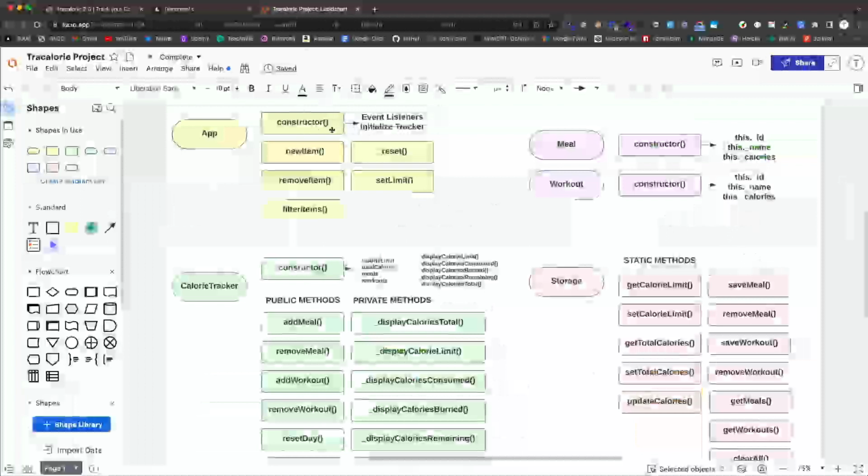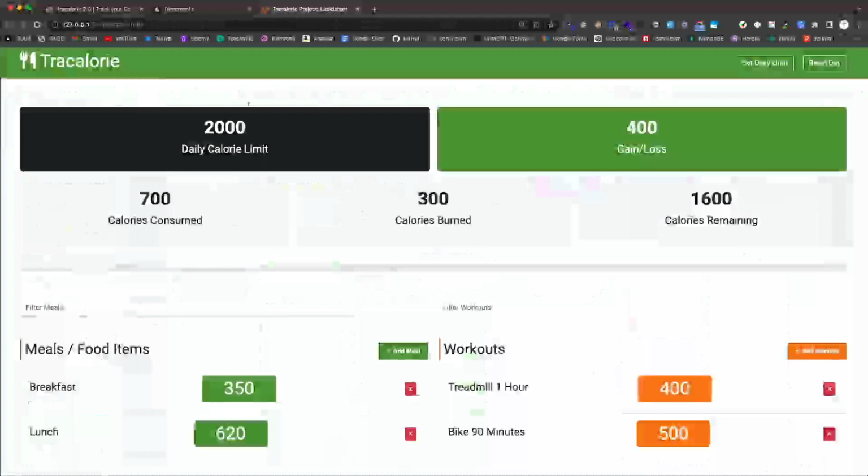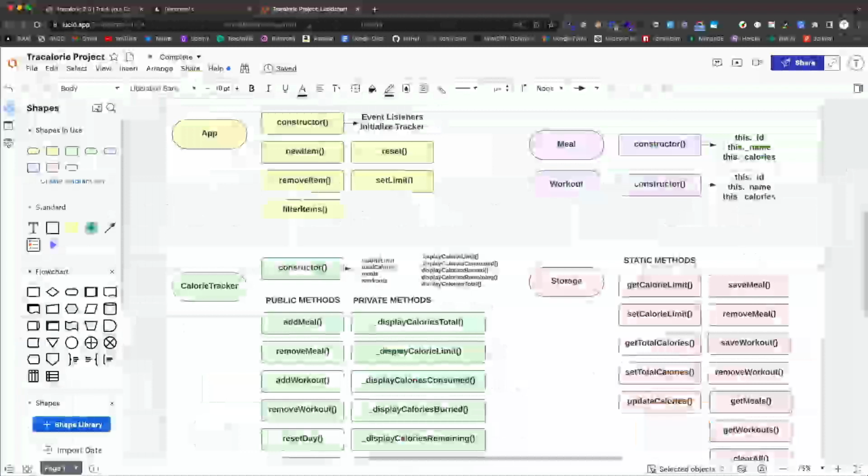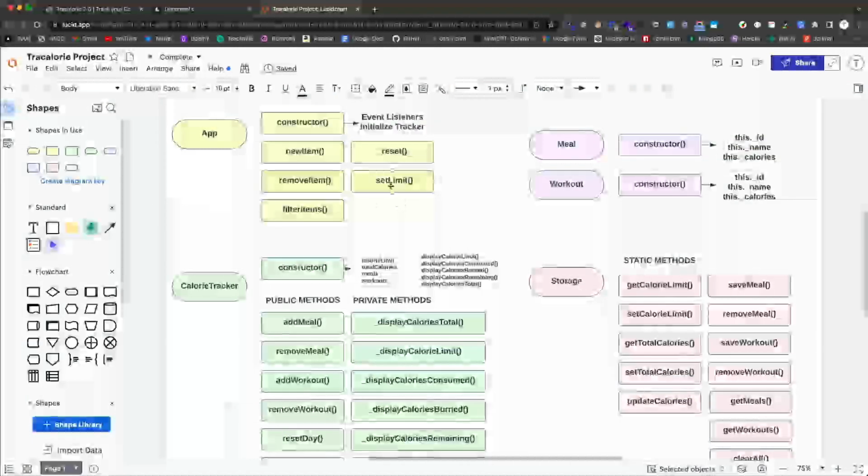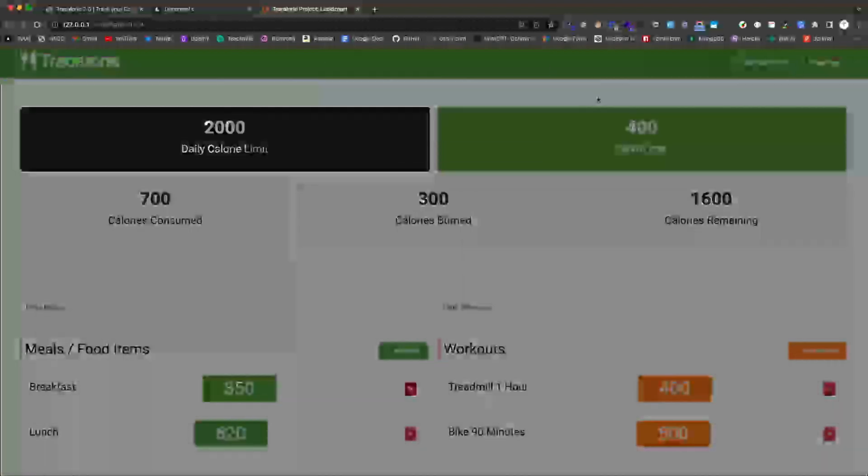And then any methods we want to fire off when those events happen are going to be here. So for instance, new item is to create a new meal or a new workout. Remove item will remove them. Filter items, when we start to type in here and we start to filter, that will call this method. Reset, if we want to reset the day, and then set limit whenever we submit this little form